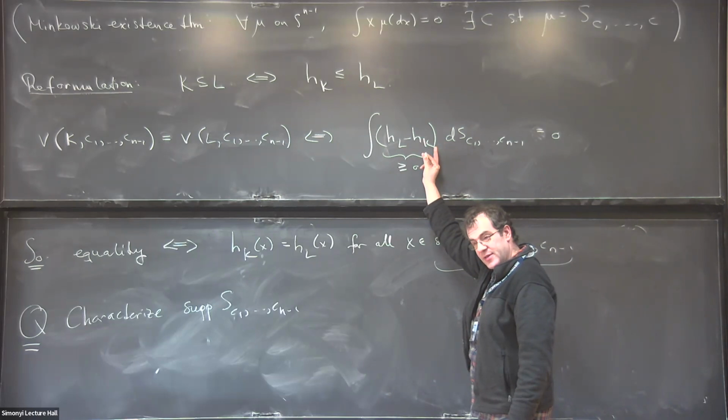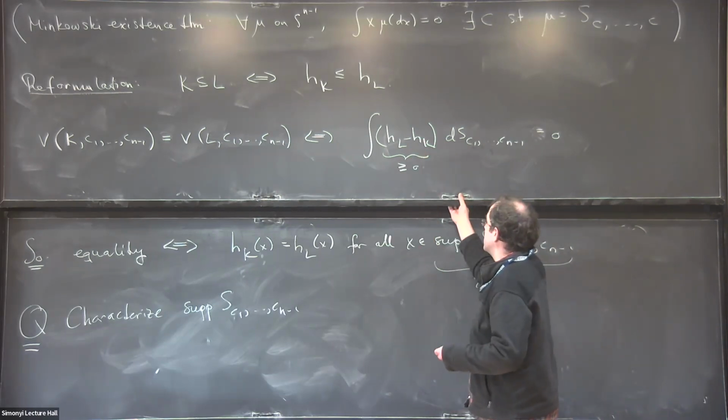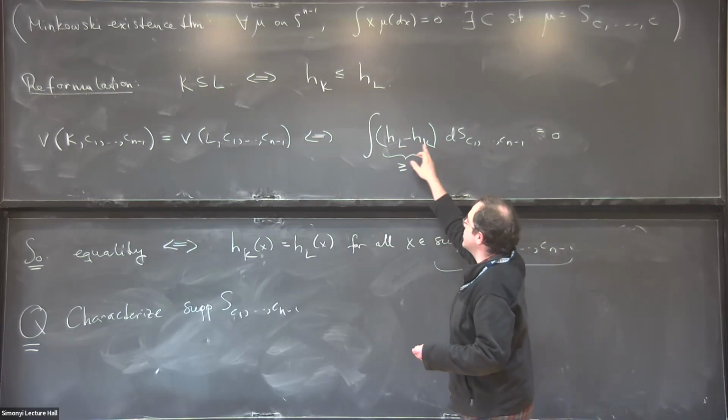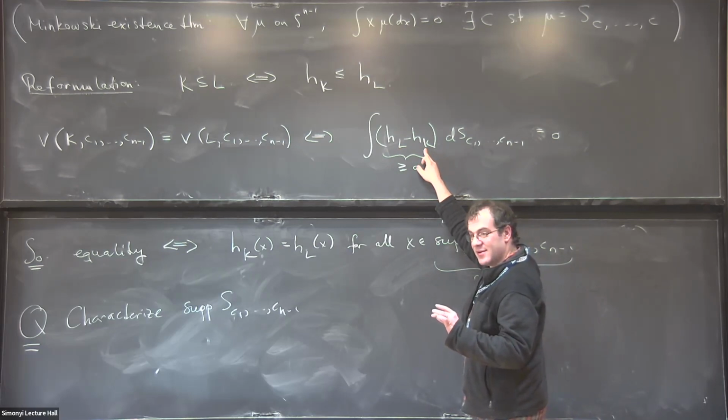If HK is on the boundary of this cone, you might not remain in this cone. Are you saying that HL minus HK is not a support function? I'm telling you that if I add to HK something positive, I might no more have a support function. That's true. Yes, but then